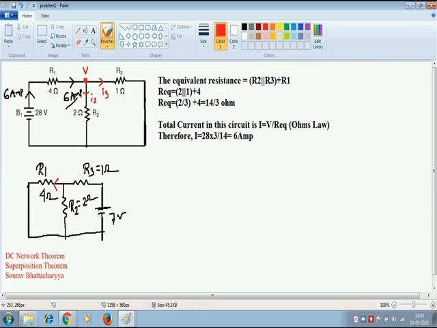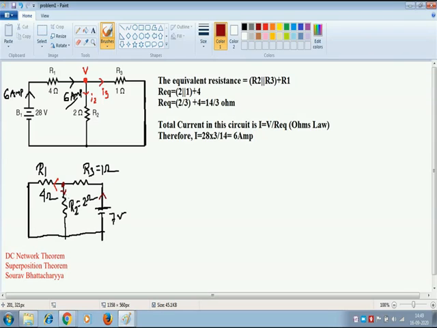So again we will find the current through R1 in this diagram. When we find the current through R1, see the current flowing from the 7 volt source, and from the 7 volt source the current is divided into two parts. That is the total current again, and this current is divided in two parts at this node. So we can say R1 and R2 are in parallel, but in the previous case R2 and R3 were parallel, and right now R1 and R2 are parallel.